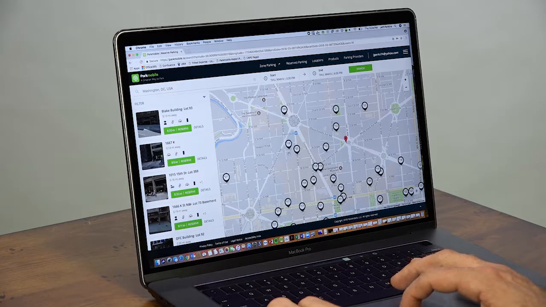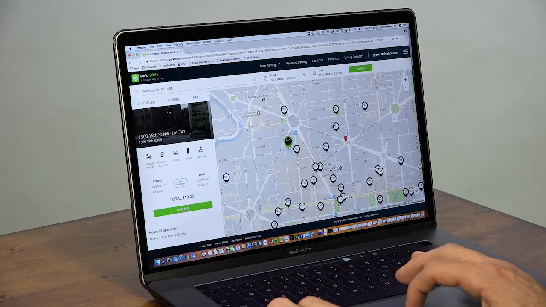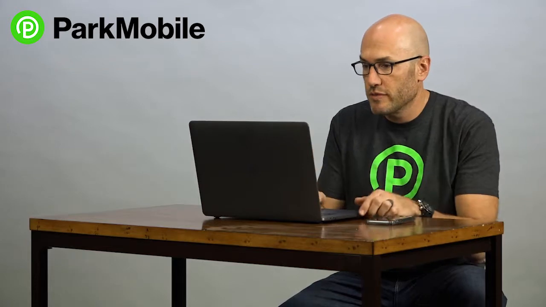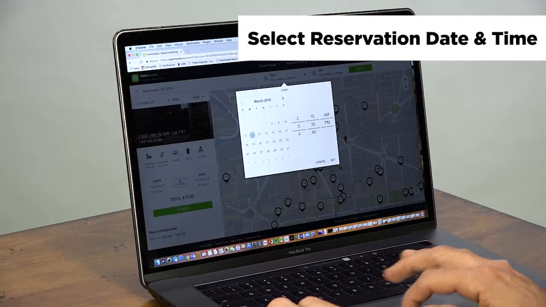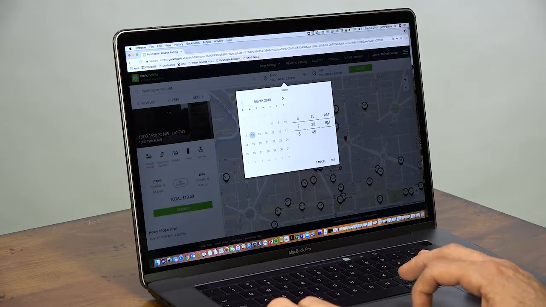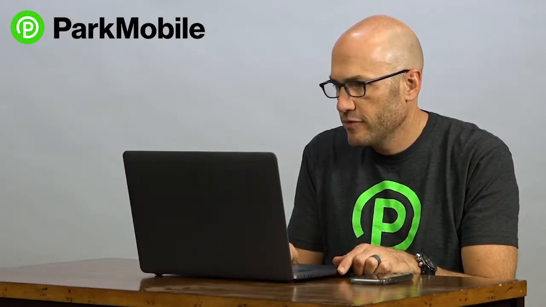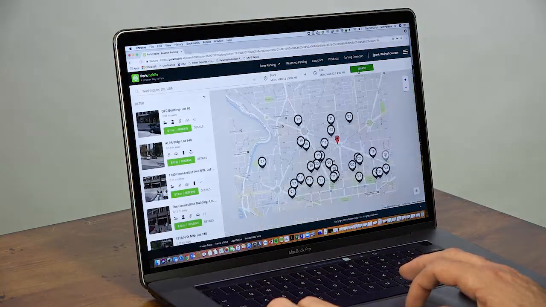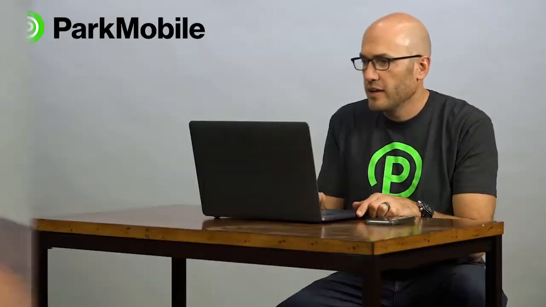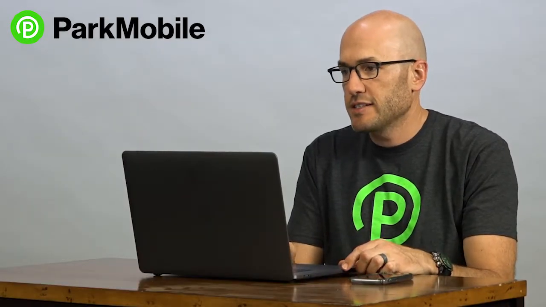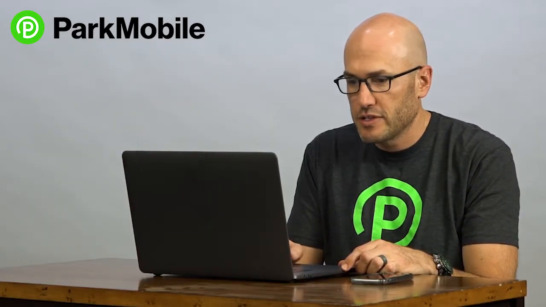This looks like a nice garage, so I'm going to select this one, and I'm going to select the start time and end time for my parking session. Because this is a reservation, I can reserve ahead of time. So I'm going to reserve this for Monday, from 8 a.m. to start. The end time is going to be 4 p.m. So it'll be a fairly long parking session. This would be a case where I'm parking for maybe a day of work, or I'm going to visit some clients. So I set my date, I set my parking time, and then I'm going to click this reserve